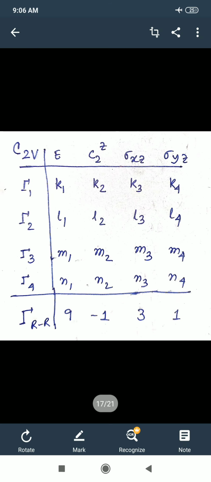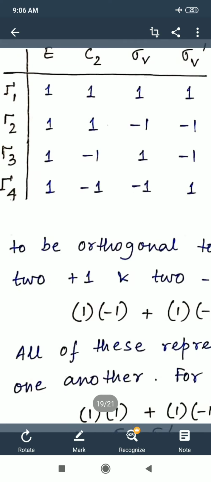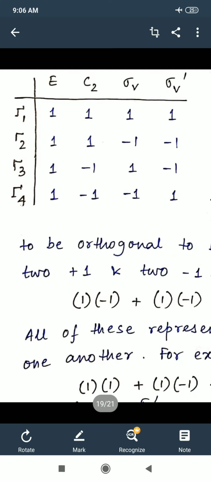That means, as I had said in rule number 3, K1 square plus K2 square plus K3 square plus K4 square is equal to 1. I had said that this can be true only if each chi i r is equal to plus minus 1. So what I am writing here, Bethe notation 1, Bethe notation 2, Bethe notation 3, Bethe notation 4, with respect to those Bethe notations, if I sum the elements,